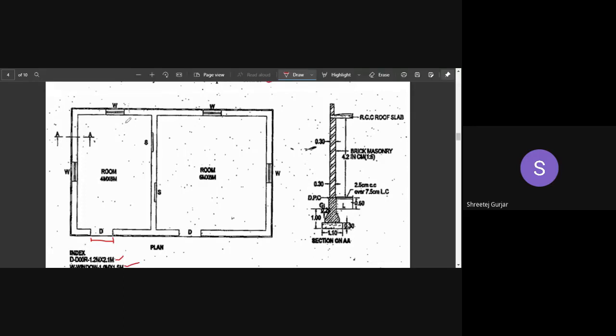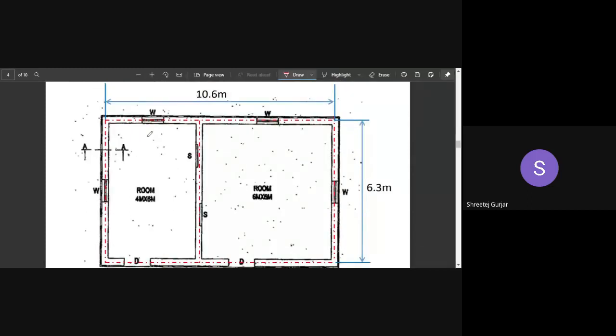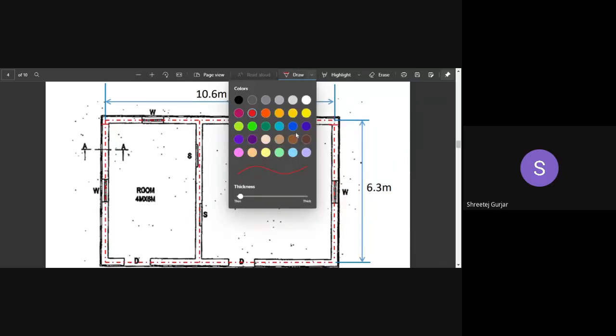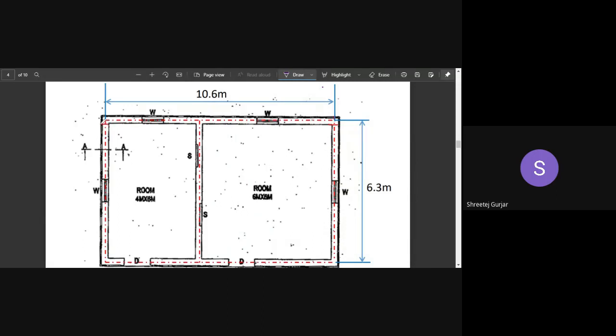So here you can see we have divided our figure into long walls and short walls. So this is your center line length, which I have marked in red color. Okay, you can see the red line. That is your center line here. And this is your long wall. Long wall we will divide in this fashion. I will just draw it using another color so that you will understand. So this is how I divide.